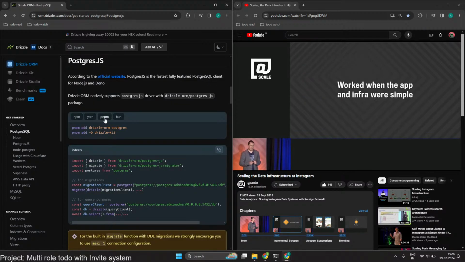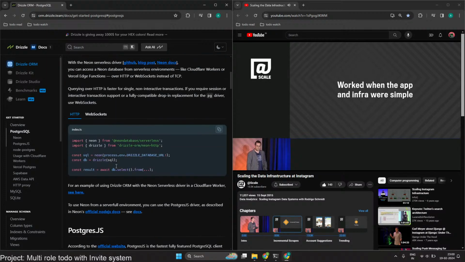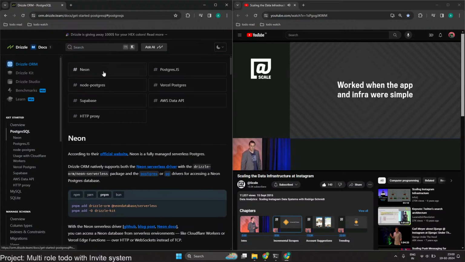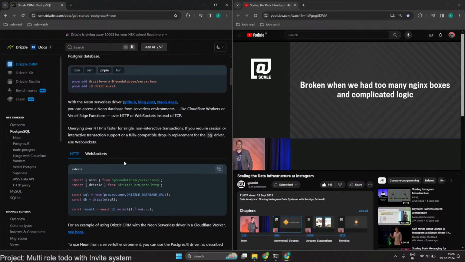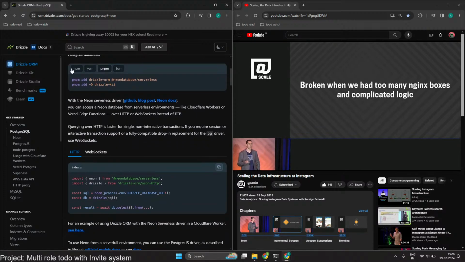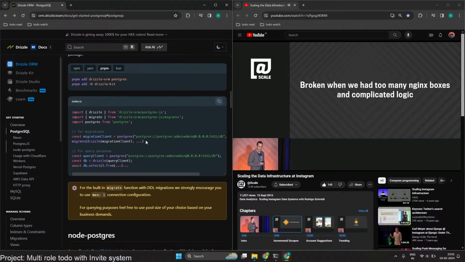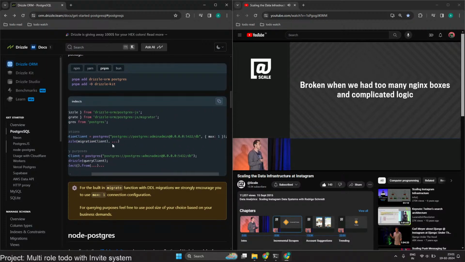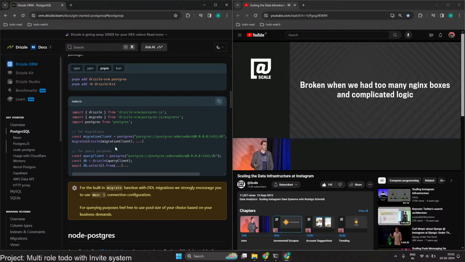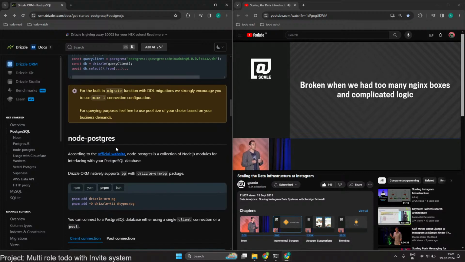It worked well when the app was simple and the infrastructure was simple as well. But over time, as the app became more and more complicated, and a single endpoint could handle multiple types of requests, duplicating that logic in the parser became quite hard. And also, as we increased the number of Nginx boxes from a few tens of machines to maybe hundreds of machines to take care of the load that was increasing with the increased number of users, it just became more complicated to run that script that would catch all the Nginx logs and export them into Hive.